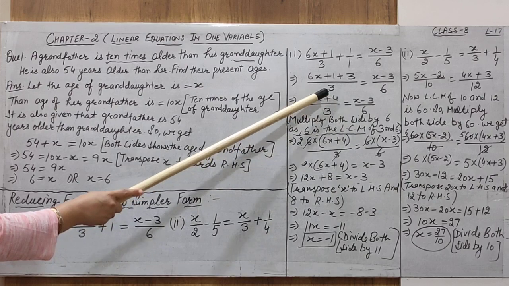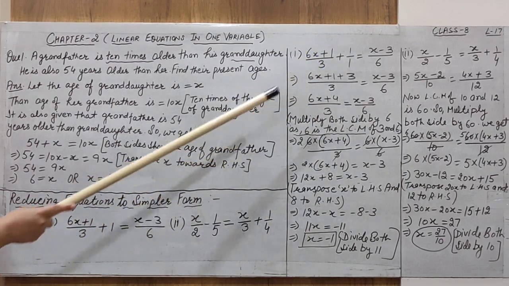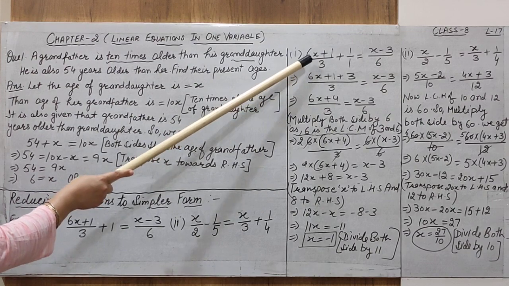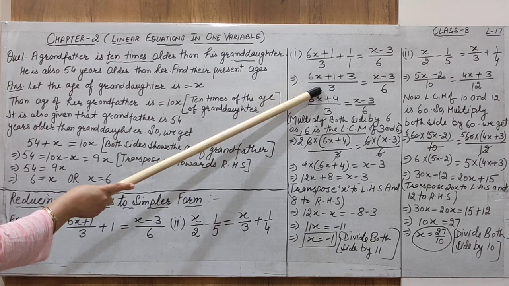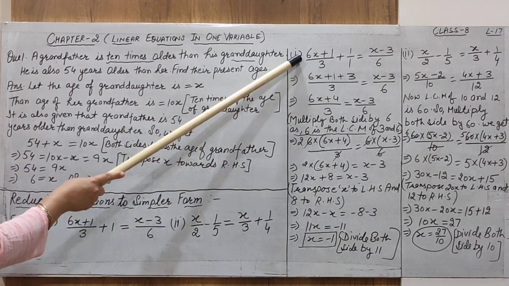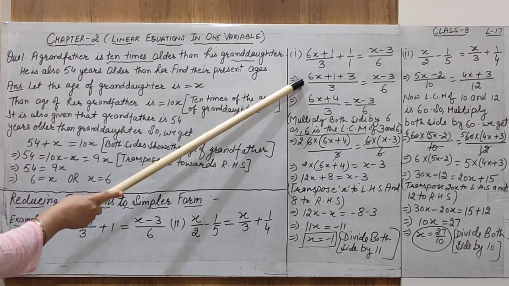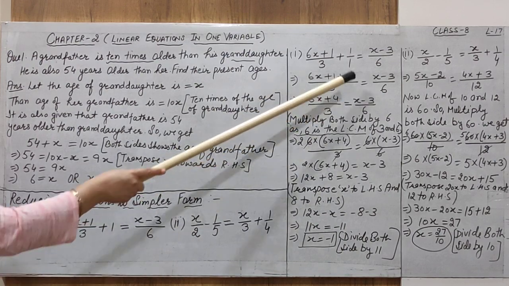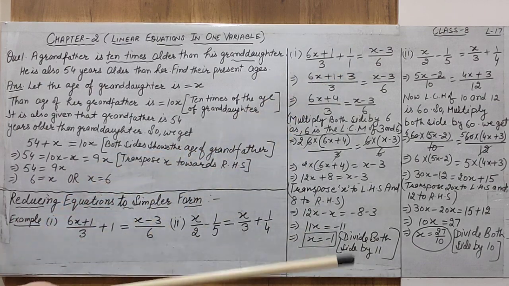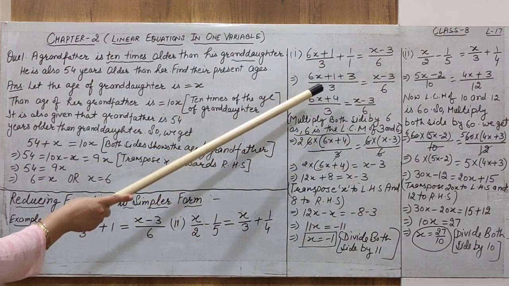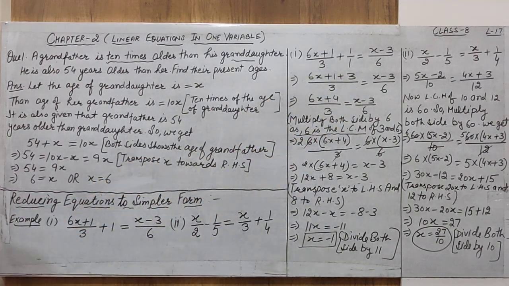When we take the LCM to find out the addition, what is the process? In the first term, 3 in the denominator, when 3 divide 3, we get 1. So 1 is multiplied with the 6x plus 1 complete term. So result is 6x plus 1. Next, here the denominator is 1. 1 divide 3. Answer is 3. So when 3 is multiplied with the numerator, result is 3.